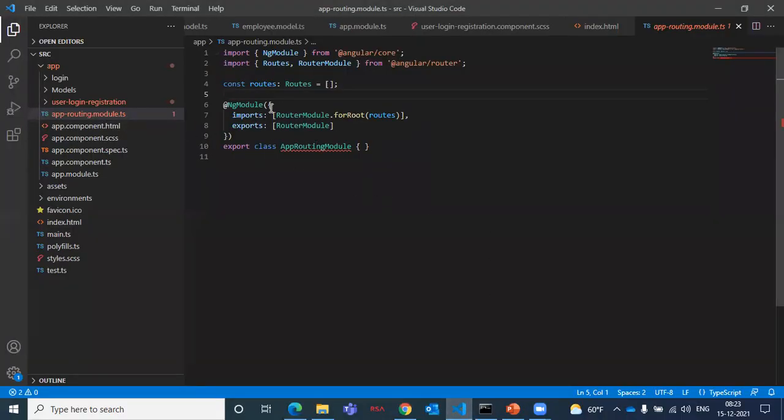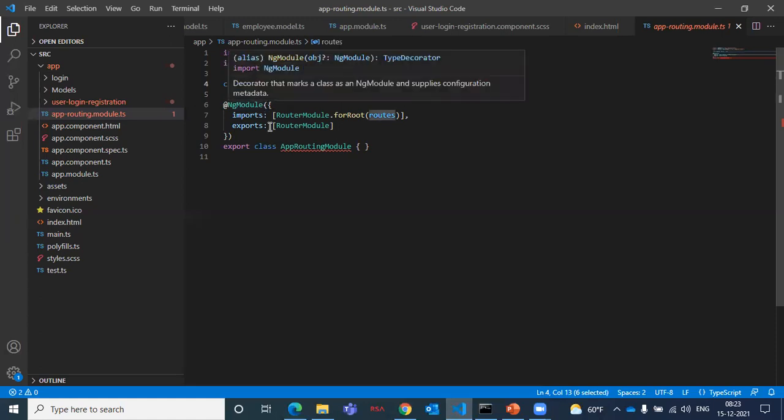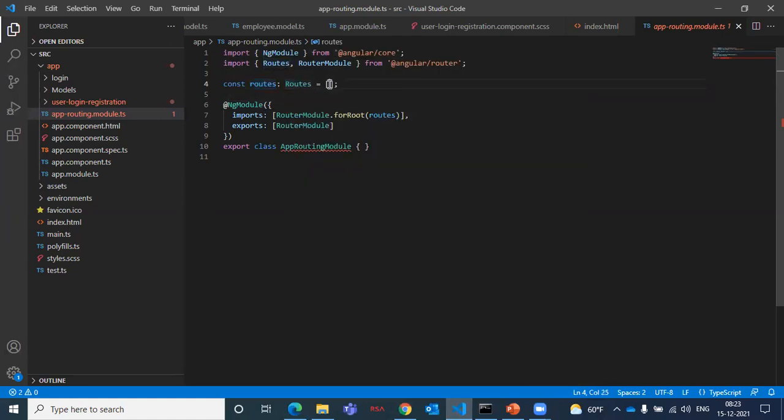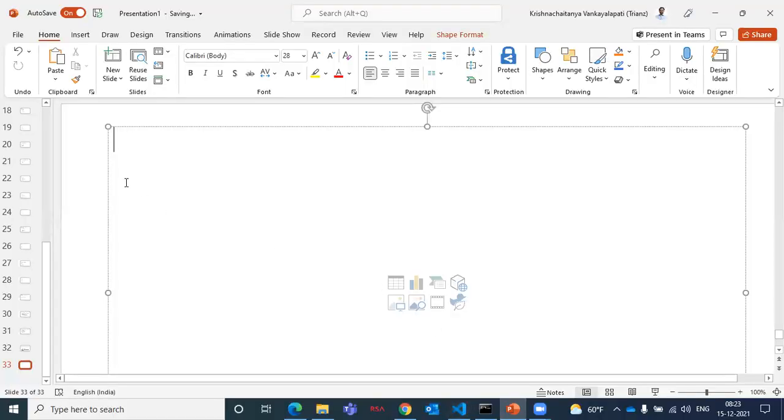As of now, it is one file. In that file, you have one variable, which is the routes variable, which is a collection of array elements. And what are these elements?